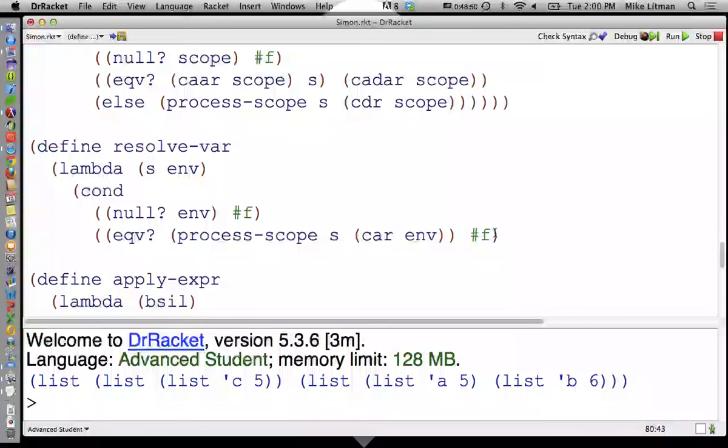Because I have a language that could only hold what kind of values? Right now, my variables can only hold numbers. This is a language of numbers. I'm only allowed to store numbers. Can't store letters, can't store phone numbers, just a single number. Can't store strings. So what I might do is say if process scope S and the car of the environment, if that guy's a number,